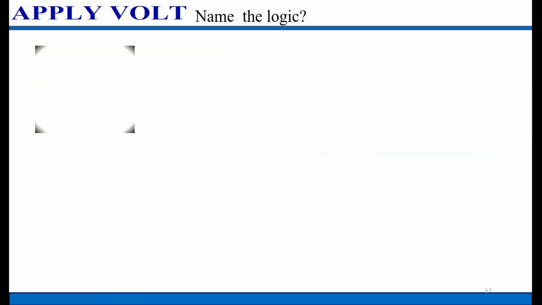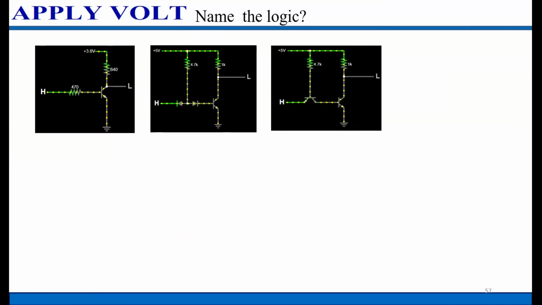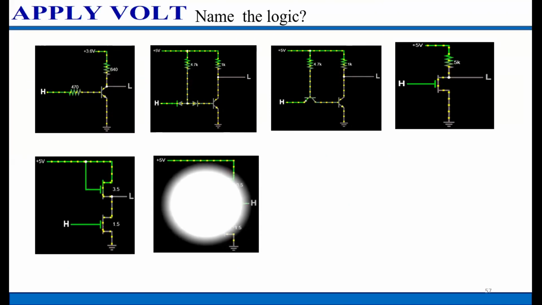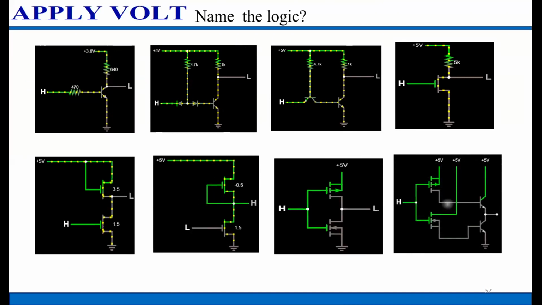Now, you see, there is a list of schematics or logic. If possible, please try to identify what the logic is. All of these are logics relevant to the inverter only. My point is, if I ask you to design an inverter, then with this piece of information, how many inverters can you draw? You can design 8. It is 8 inverters. Am I right?